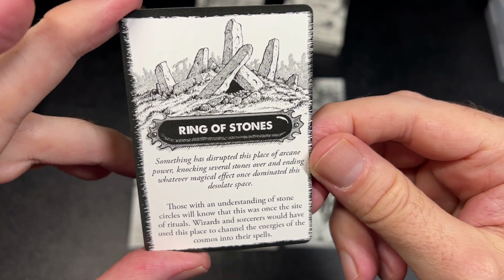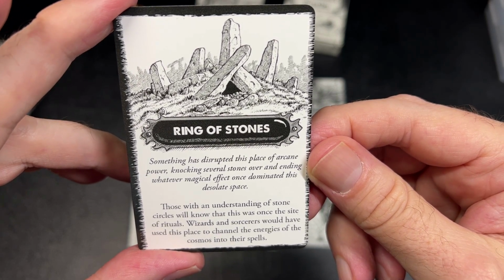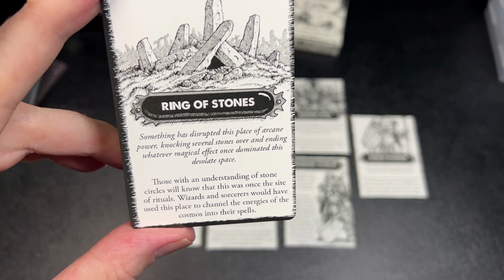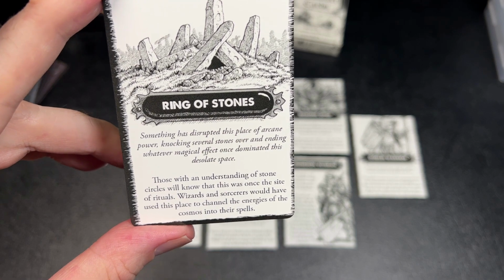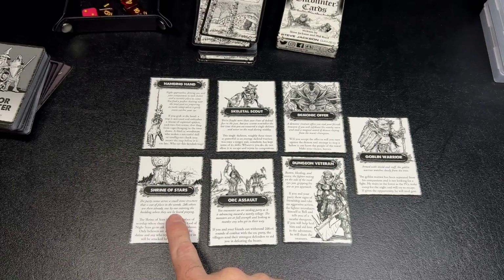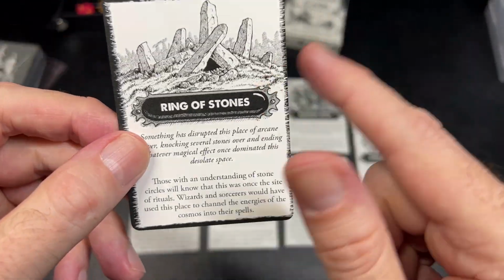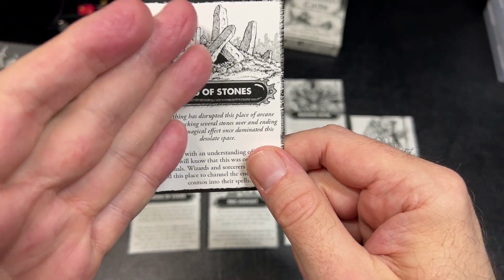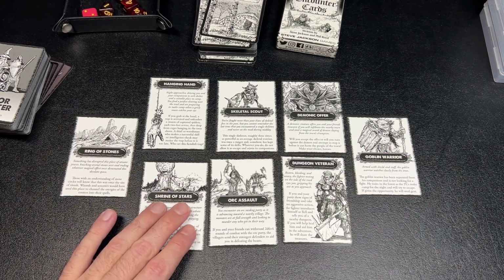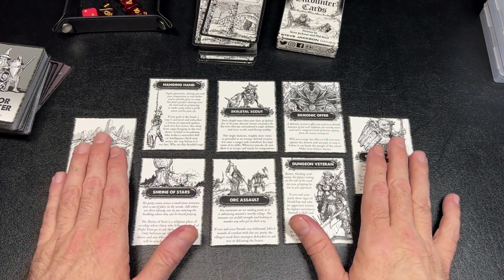Something has disrupted this place of arcane power, knocking several stones over and ending whatever magical effect once dominated this desolate space. Those with an understanding of stone circles will know that this was once the site of rituals. So maybe this is connected in some way to the Shrine of Stars, to this cult that worships the stars. And we need to figure out what the connection is between this Ring of Stones and the Shrine of Stars. So that is a really simple little, maybe a little mini campaign, a couple of adventures that we had on